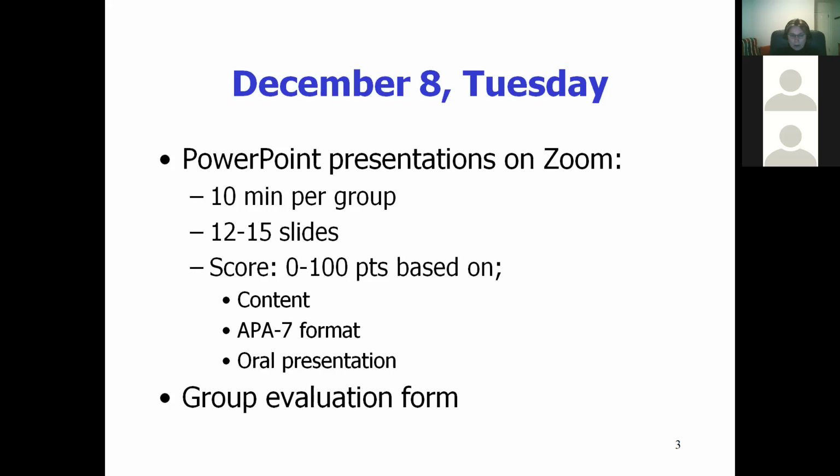It will be scored on a scale of 0 to 100, but of course 0 is only if you did not present, did not come, or did not participate in its preparation. It will be graded in increments of 5. So 100, 95, 90, 85, 80, 75, 70, 65, 60. And these are the passing grades. Anything below 60 obviously is a fail.